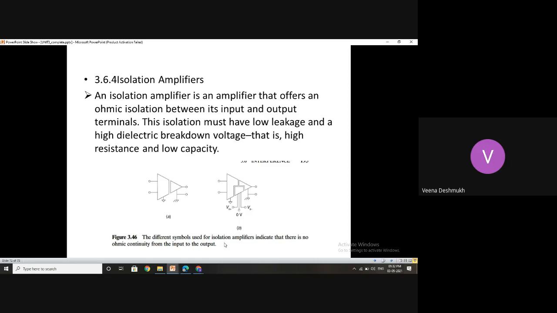Current to voltage conversion, voltage to current conversion, as per the requirement. Because our sensors are going to be different, some of them may sense the voltage, some of them may sense the current. And current to voltage or voltage to current conversion is a regular feature in all the sensor systems. So which one you are using, accordingly, this shielding, grounding, and isolation amplifiers have to be decided. These components are going to be finalized based on the type of measurement and the range of measurement.